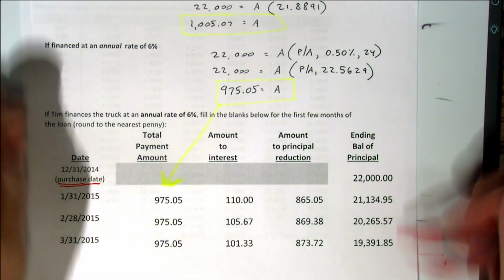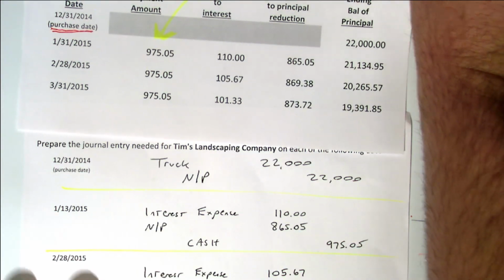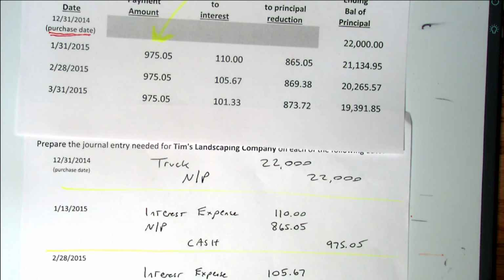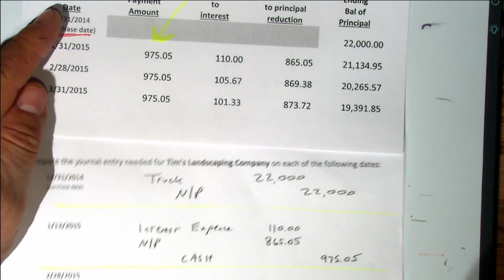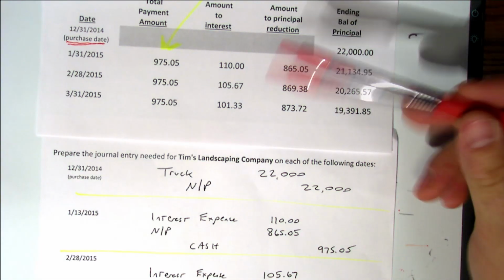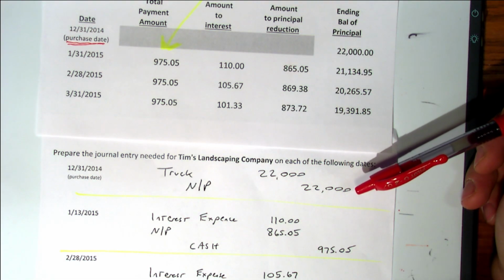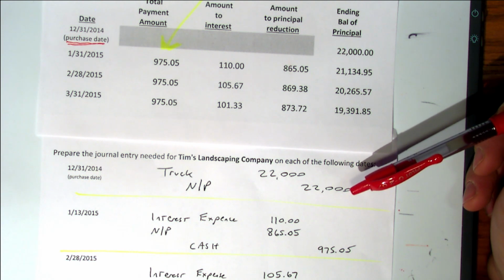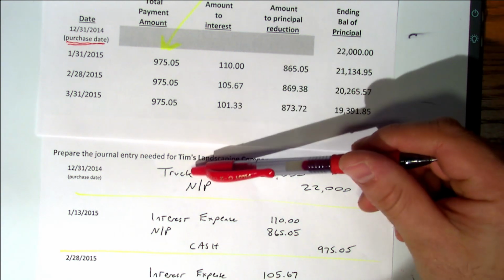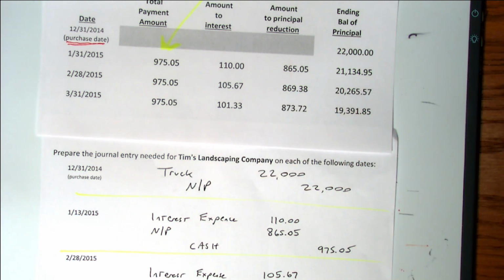This is all I asked you to do, but then I wanted you to use that information to prepare the journal entries for the appropriate dates. Is that correct? So, on the purchase date, you debit truck and you credit notes payable for $22,000. Now, I wasn't as clear as I should have been on this. Did anybody debit cash and credit notes payable? Yeah. I didn't make it clear that if they